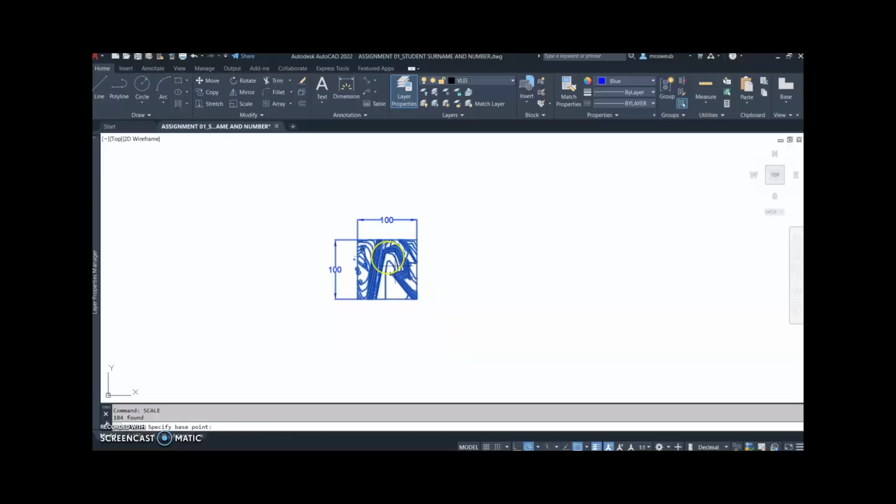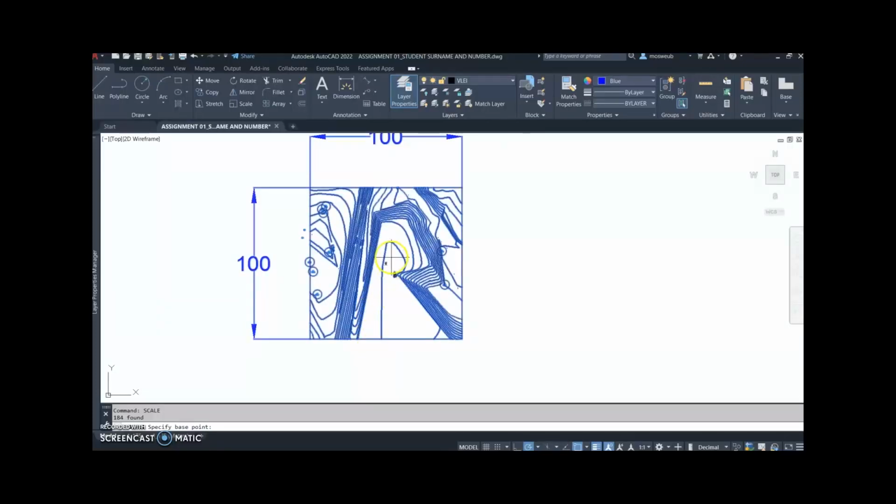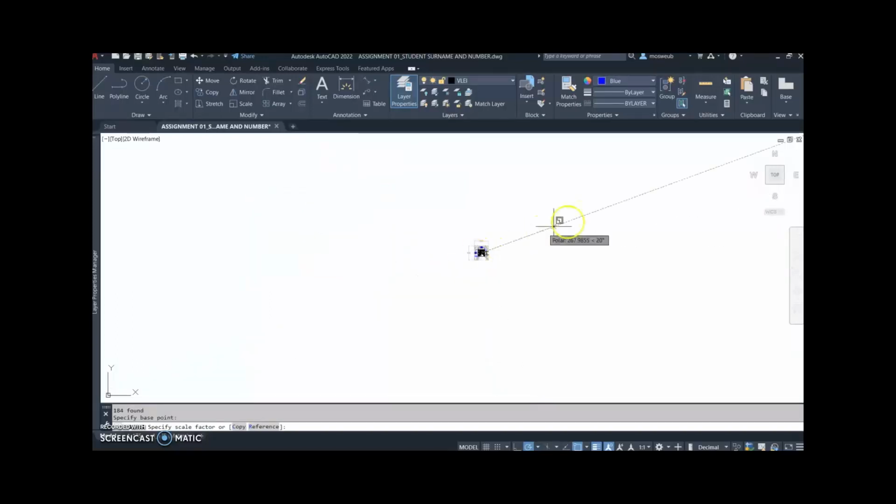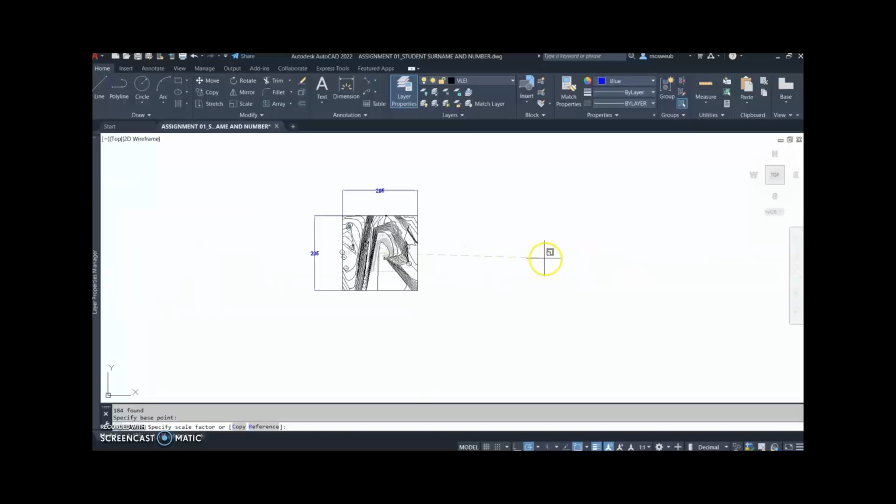Hit enter, and then you need to specify a base point. You can either specify the center or any one of the corners. I'm just going to click the center in my instance, and then just follow the prompts in your command bar. It says specify scale factor. So I know that my drawing is currently in meters, so my scale factor will be 1,000. Press enter,